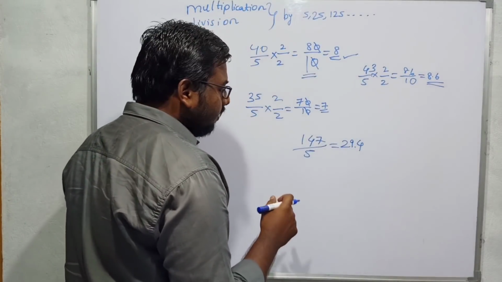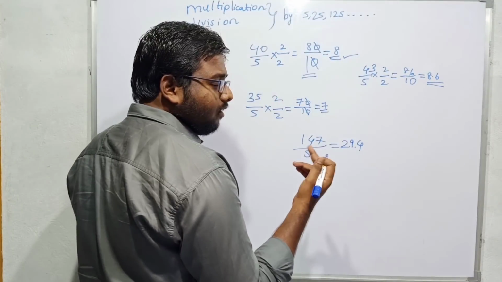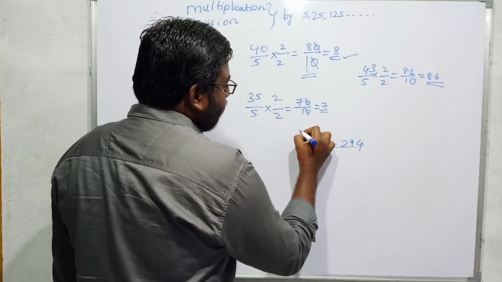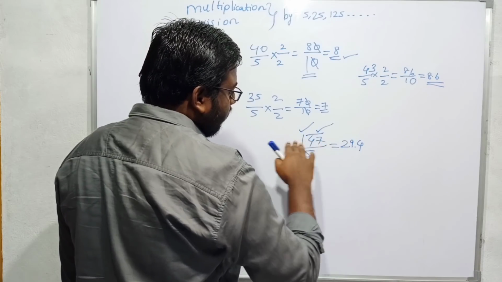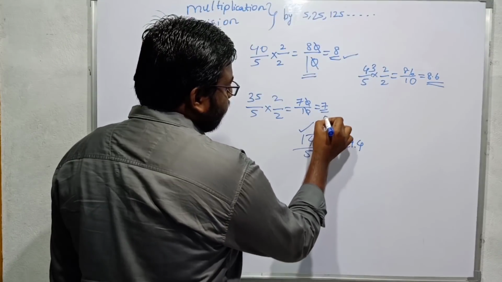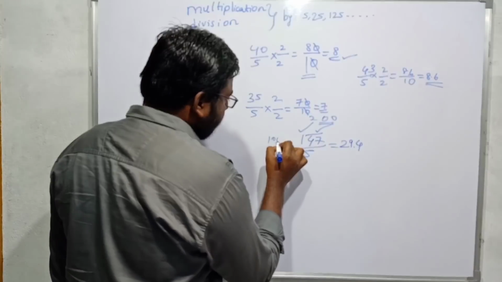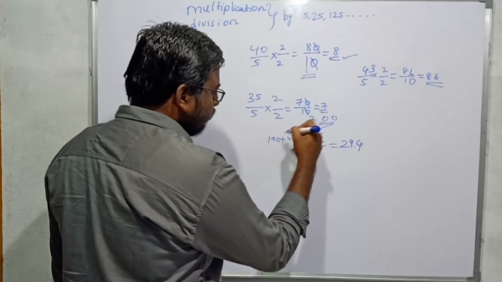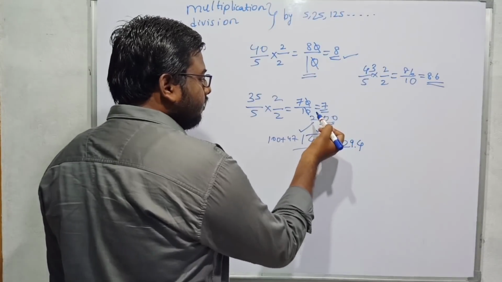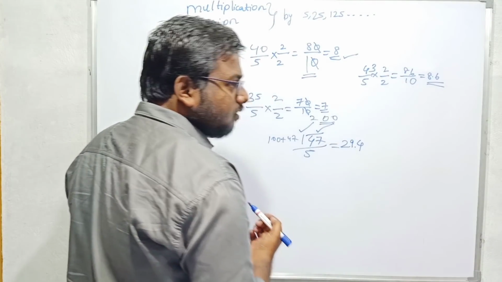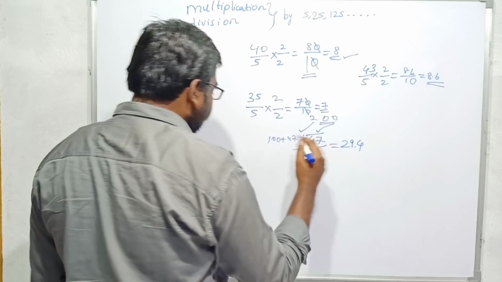For example, I clearly discussed in part 2. You can watch it there. As the method I discussed there, 2 ones are 2 and 2 into 47 is 94. 2 beside 94 because after 2 zeros are permitted. That means I split this in terms of 100 plus 47. So 200 plus 2 into 47 is 94. So 94 is merged with these zeros and we will get 294 as result. This is clearly discussed in part 2. You can watch there if you don't get clarity about this.